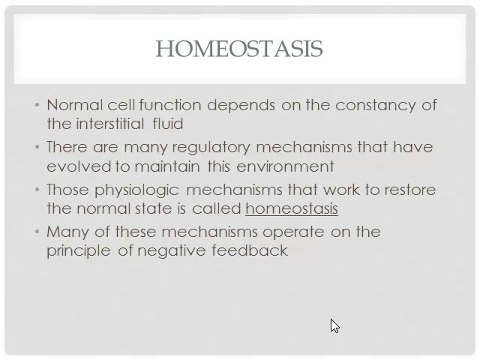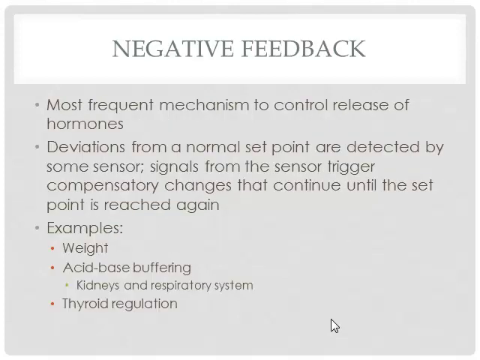Homeostasis, as you know, is this balance that we're going to maintain to try and keep all things normal. Many of these mechanisms that are maintaining this balance work by a negative feedback loop. If this negative feedback loop is not working, then there'll be too much of the example that we used in the last slide, too much hormone or not enough hormone available. So this negative feedback loop controls the release of these hormones.